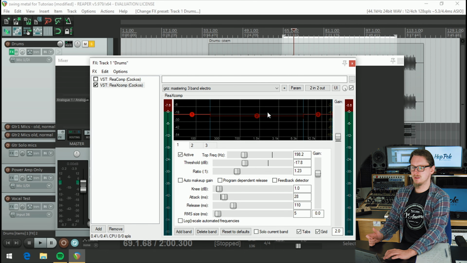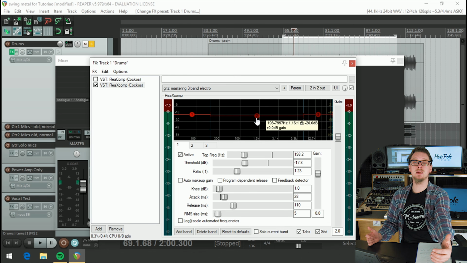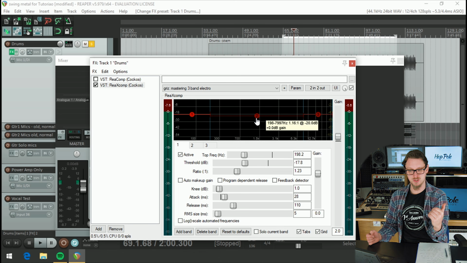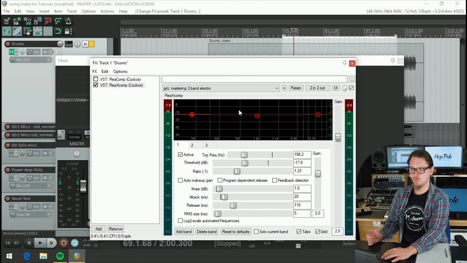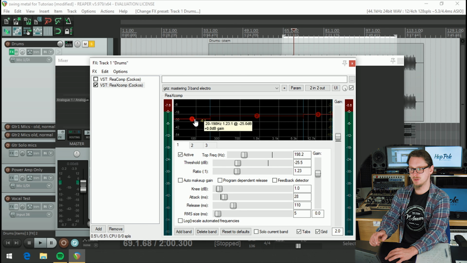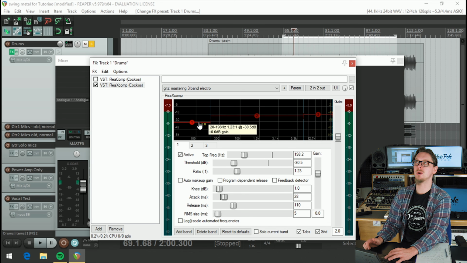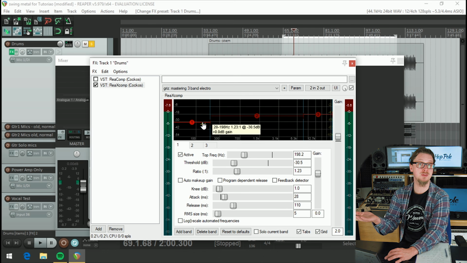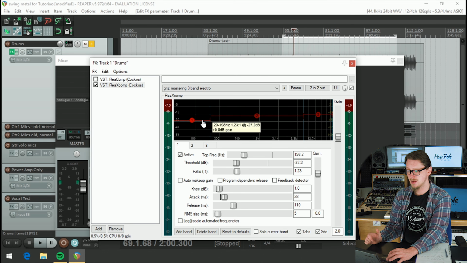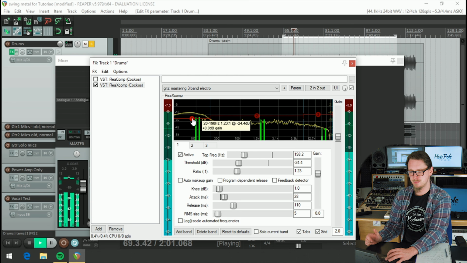Okay, so that's not doing very much to the signal, much like ReaComp wasn't doing anything until we brought those thresholds down. But we can see 1, 2, 3, and this one's a little bit more visual as well. So if I drag these down, you can see as I drag number 1 up and down, that's moving the threshold slider, which is just below it at the same time, because they represent the same thing, just in different ways. And so that threshold, if I bring that down,